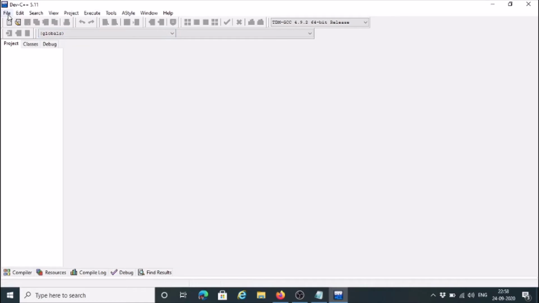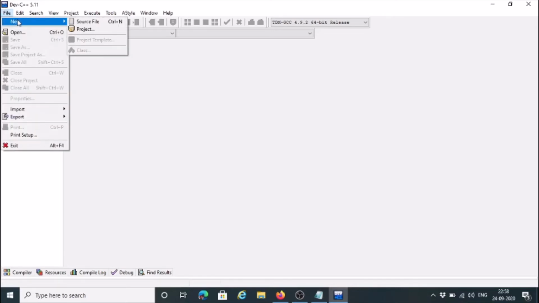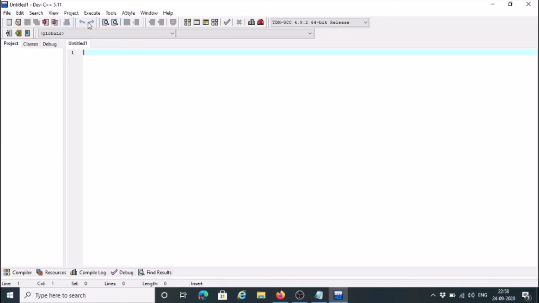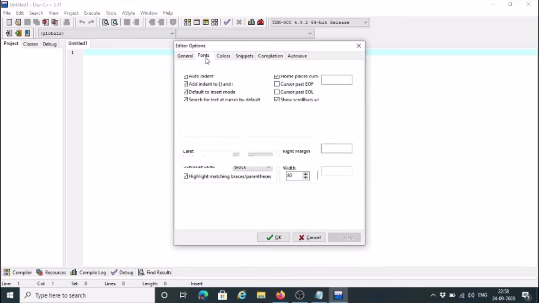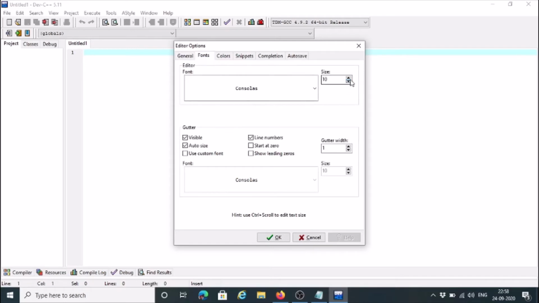Here I will show you the working of this IDE, and for it just go to file menu, new, source file, and you can go to tools and editor options. In editor options you can enlarge font size